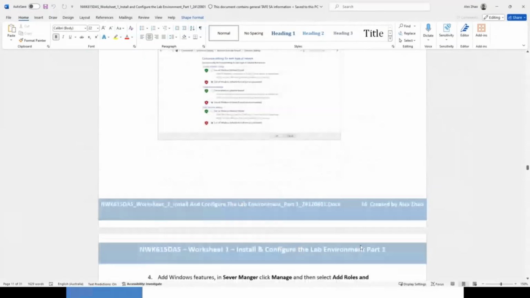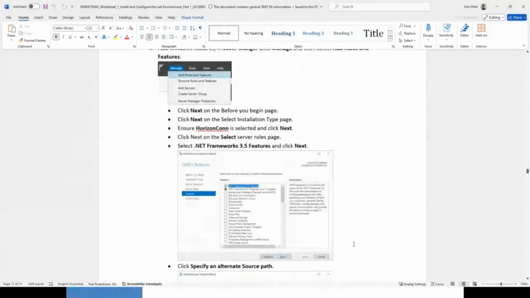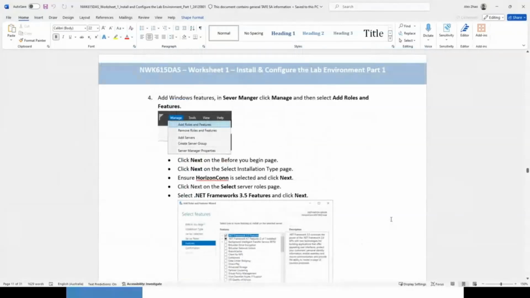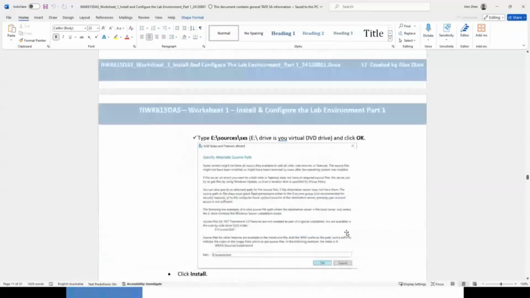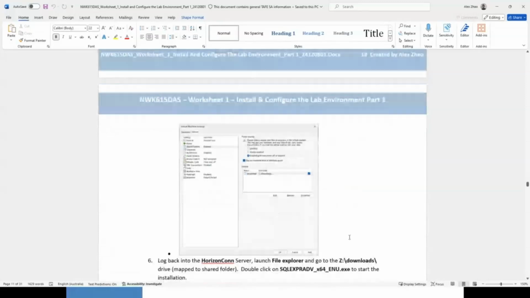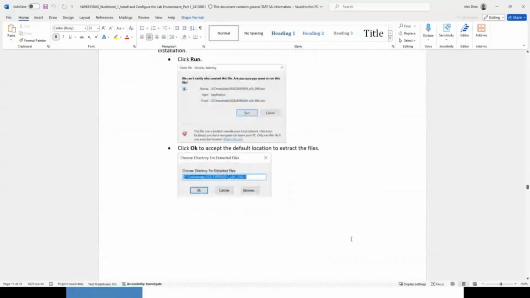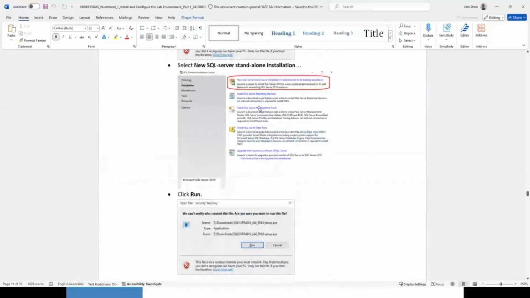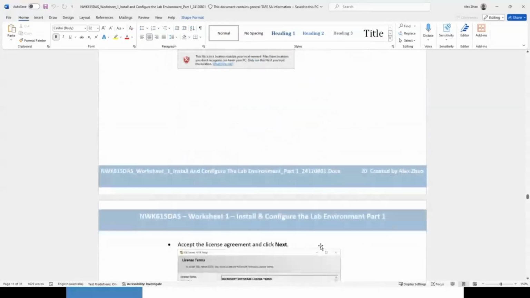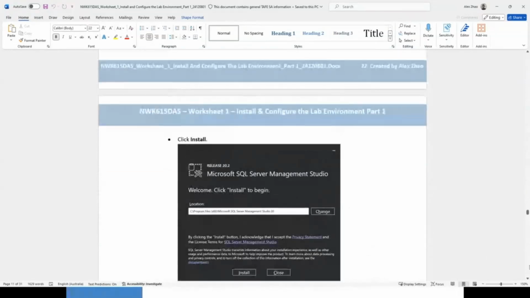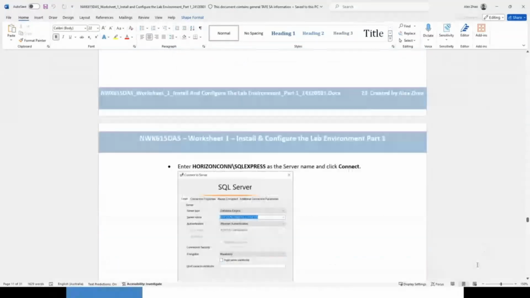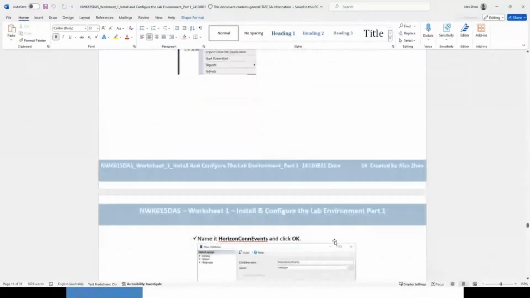We're also going to disable the firewalls just so that's not a problem that's going to confuse us. So we'll keep that out of the picture. We're going to add some Windows components that we need beforehand, and that's the .NET frameworks. Then we'll be accessing the Microsoft SQL Server. We're going to install Microsoft SQL Express, and we're going to do some configuration of that. And then we're going to install the Microsoft SQL Server Management Studio, and we're going to create a new database, and